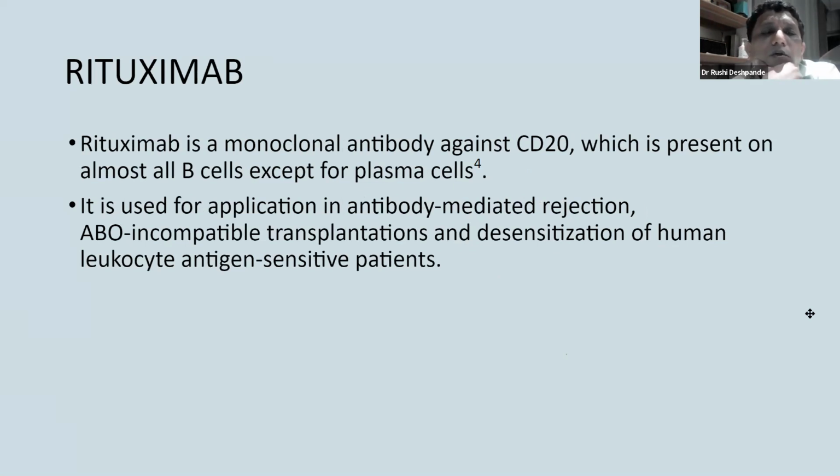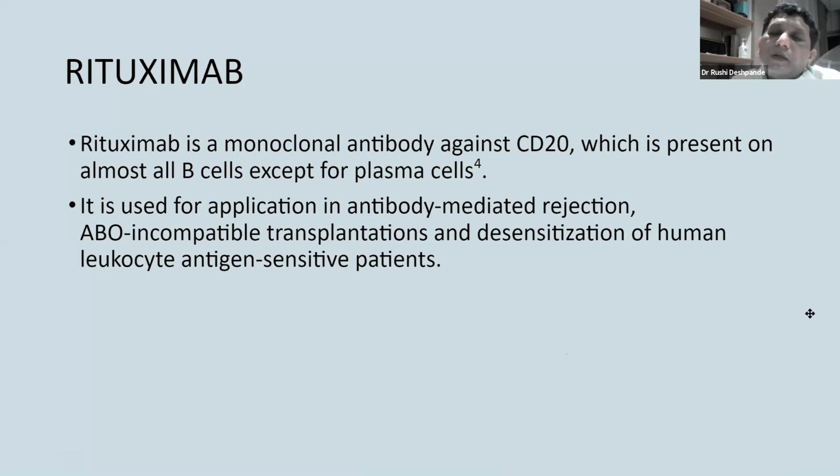The next drug in our list is rituximab. So rituximab is a monoclonal antibody against CD20. Now CD20 is a B cell marker. It is present on all B cells except for plasma cells. So remember, an important thing here: plasma cells are autonomous. They will keep on forming new antibodies once they are formed. And when there is clonal proliferation of B cells, they proliferate to become plasma cells. So even though plasma cells are derived from B cells, once they become autonomous, they are no longer subject to the same regulatory mechanisms that apply to other B cells in our body.